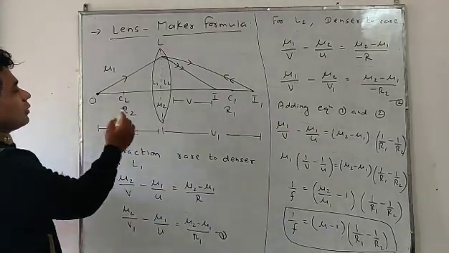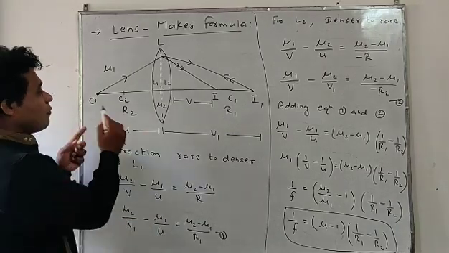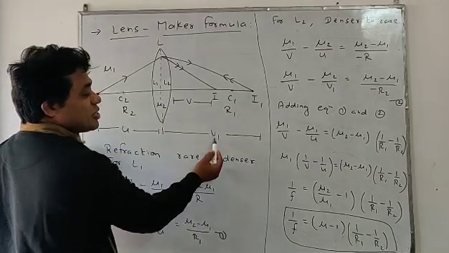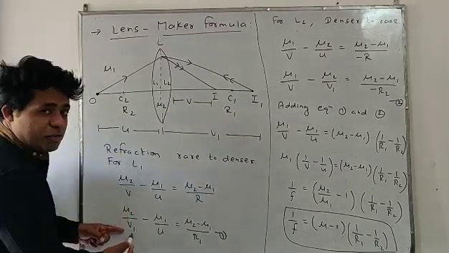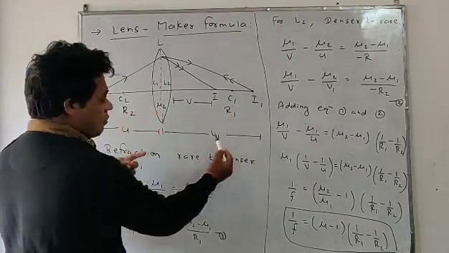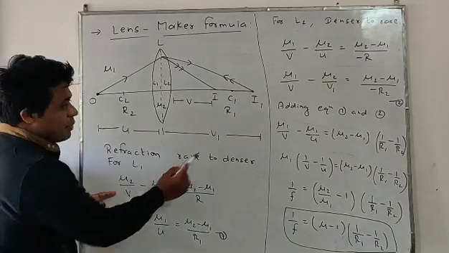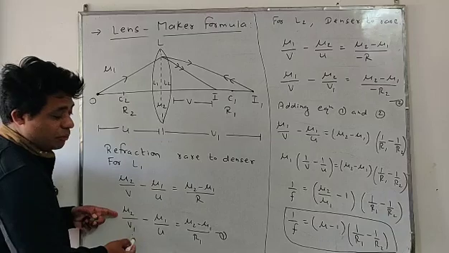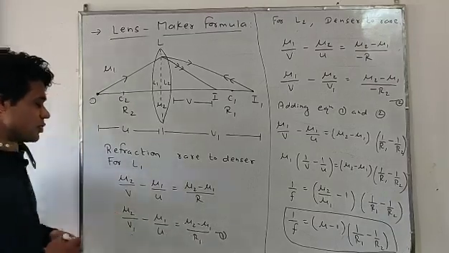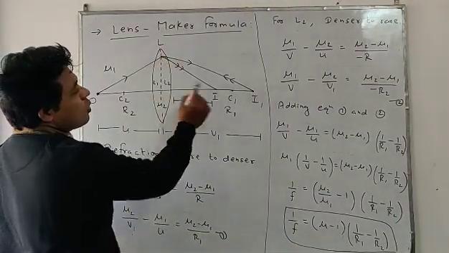So for lens L1, the object distance is u, so u remains u, and for lens L1, the first image distance is v1, so v is replaced by v1. Understood? Object distance is u and image distance is v1. So v is replaced by v1 and the radius of curvature is R1. Okay, first equation. Now since finally the rays come from denser to rarer,